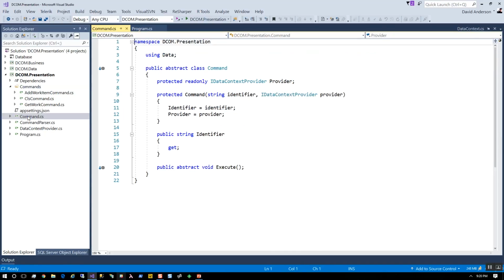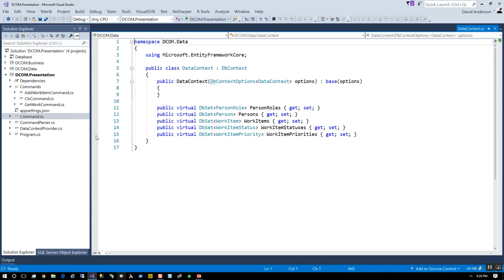And so we've got our command-based class, which is the command pattern, where we have an execute method that gets implemented, and the identifier, which is the actual name of the command. And then we do, in this case, want to pass in our data context provider, because in the presentation layer, this is how we're going to tie the presentation to the business layer and get those dependencies passed in. So our first command is